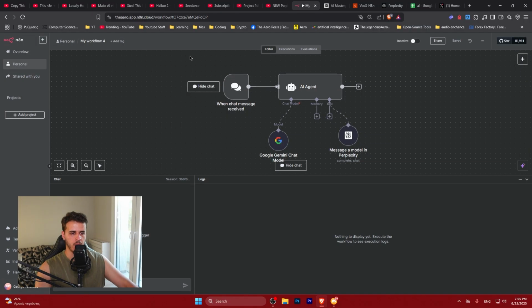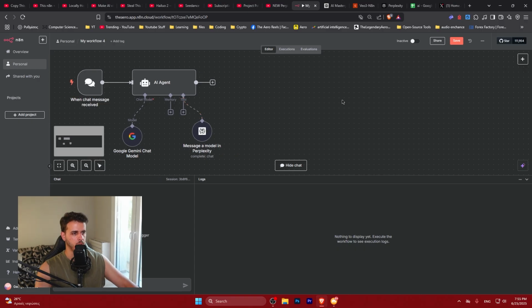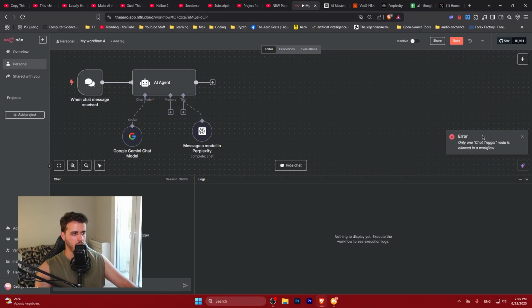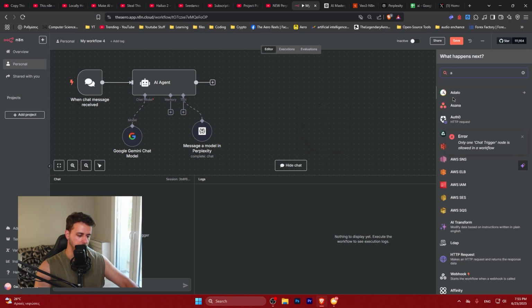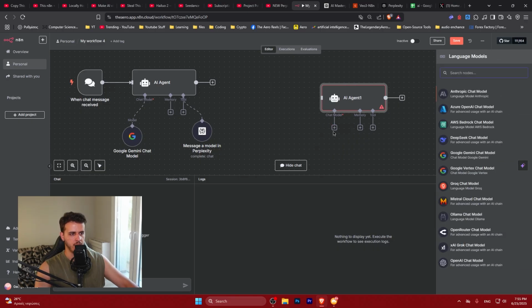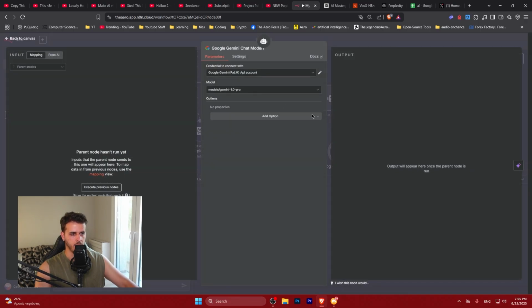So open up the workflow again. You can see everything is pretty much cleared up. And then you want to get started by importing it with the three dots. If you don't want to download it for whatever reason, the only thing you have to do is to click to add a node, right click, add a node. You can write chat trigger, but we already have this over here. Then you want to add an AI agent, okay? So you add an AI agent, you click here chat model, you add Google Gemini,